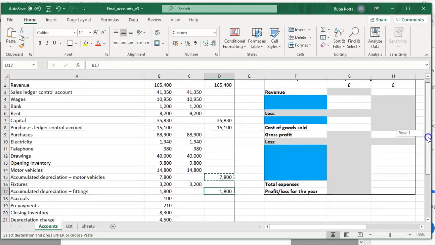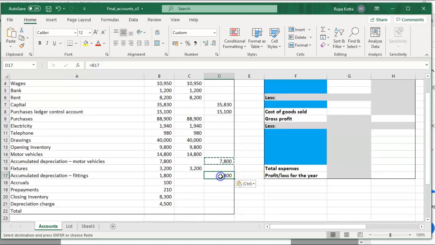Just copy pasting that formula, it is changing the cell number as you copy paste. That's why you're getting new values every time you copy paste, because I did not use any absolute referencing here, because the values are changing. Accruals is also a liability, so will be on the credit side.